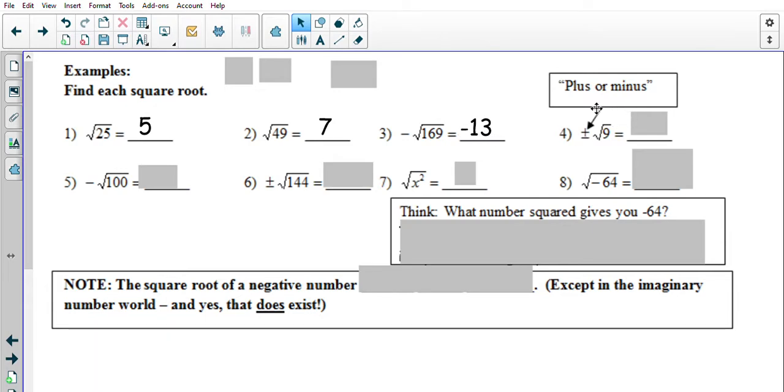Now, this symbol might be new for you. It's a plus or minus symbol, and that's how we read it, plus or minus, meaning a positive answer and a negative answer. This is used a lot of times in real life. For example,